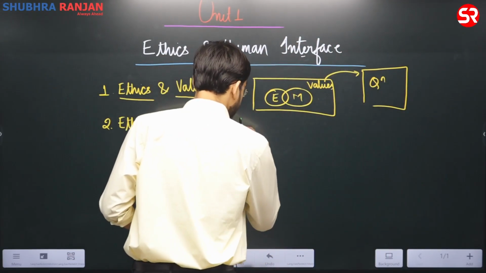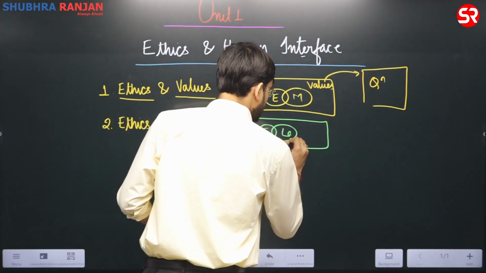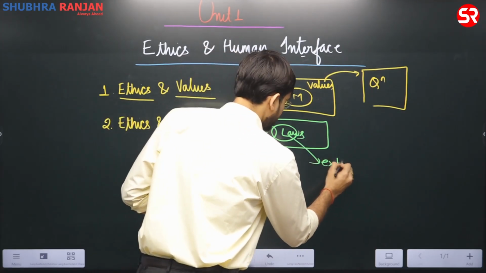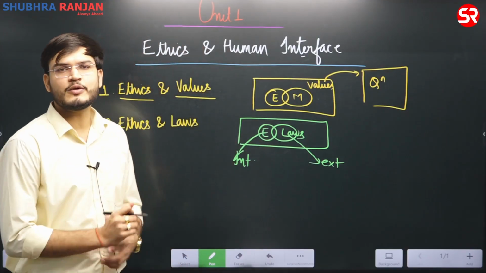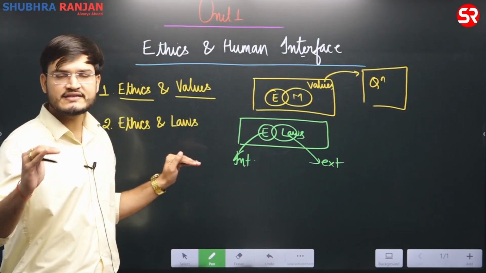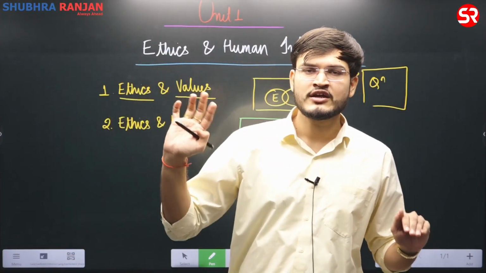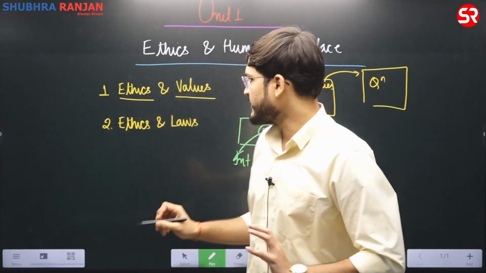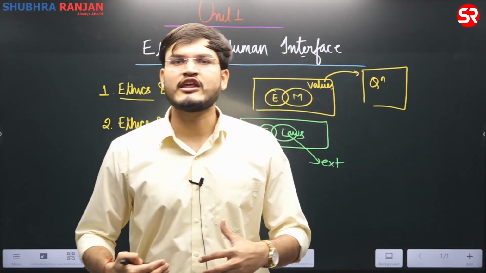For example, ethics and laws. Laws are external and ethics is internal, that is, external obligation and internal obligation, and that is how you should do it. With respect to ethics, we have already seen that ethics is a normative science where we study human conduct on some established standard. Knowledge of ethics gives us knowledge of what we should do and what we should not do in order to achieve summum bonum. Laws are codified rules which have been established by various sovereign nations and enforced through authority.